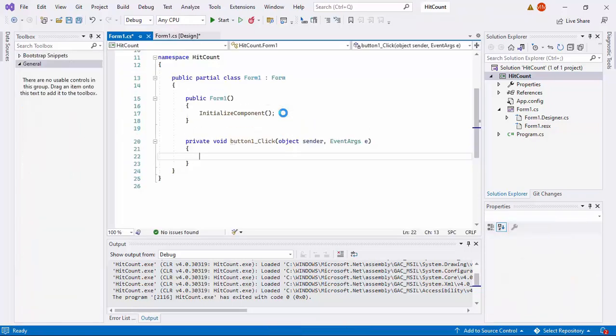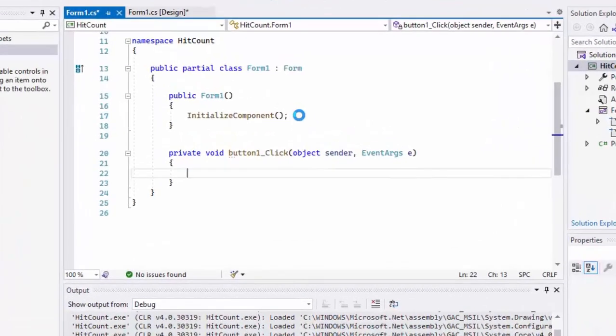By double clicking, we effectively give instruction to Visual Studio to create a default event handler for the button. In this case, the default event handler for a button is the handler for click event. And you can see here, we haven't renamed button 1 just now to a proper name yet. We will do that later.